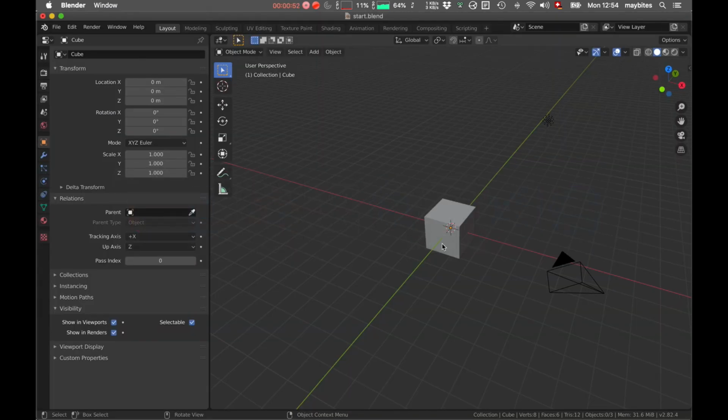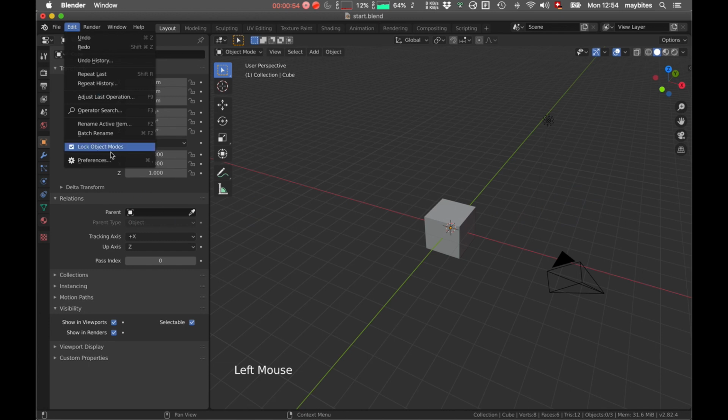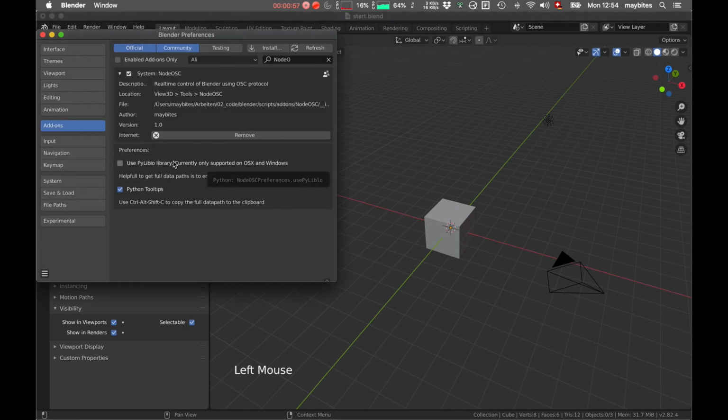You see here the basic setup. I already installed the plugin. We have here some general preferences. There is the PyLiblo library, an OSC-based library. It's a bit more performant than the pure Python library, but I haven't compiled it yet for Linux. We also can switch on Python tooltips, and here a hint for the Control-Alt-Shift-C shortcut, which allows us to copy the full data path to the clipboard, which is very handy when you want to use your own Open Sound Control message